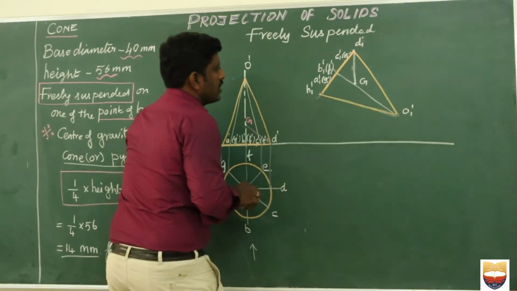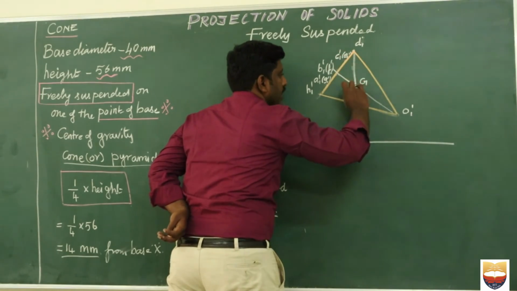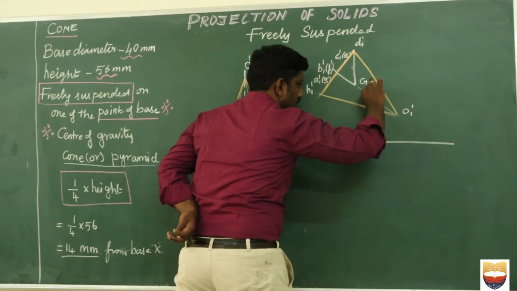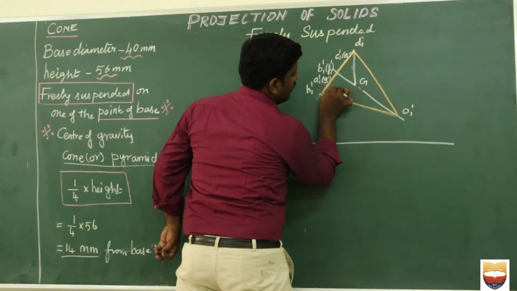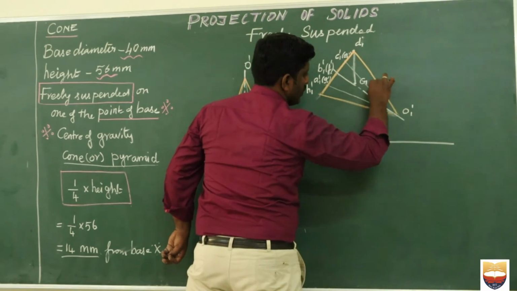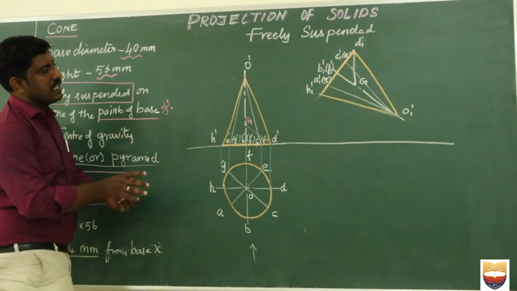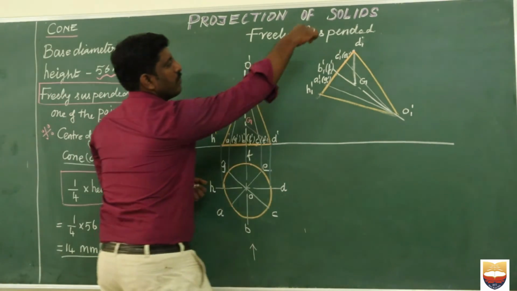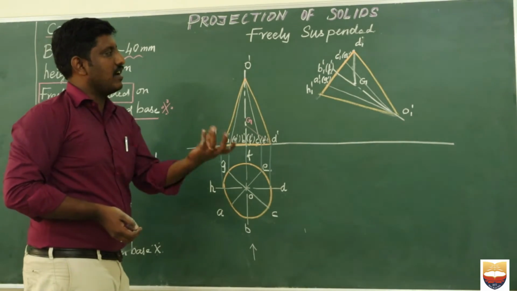Only these things should be very dark and thick. So it is understandable that by fixing the point D, I am hanging my cone here. The lines from A to O and from C to O may be very light and thin. So now I have simply suspended a cone by fixing it at point D. This is very important. Let me give just a recall.